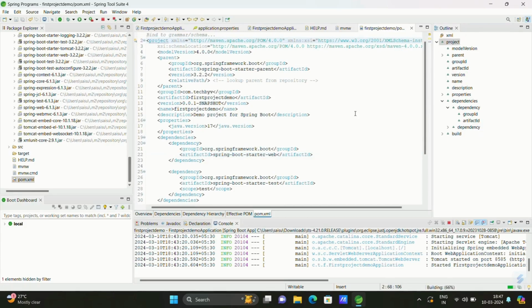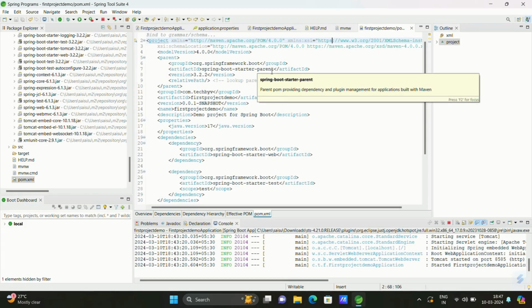And now pom.xml. POM means project object model file. Like, it's a configuration file for your project. Here you can see spring-boot-starter-parent, which means it provides default configuration for our application. In pom.xml we have three contents.